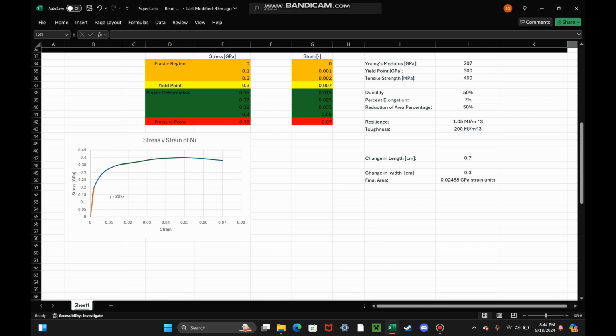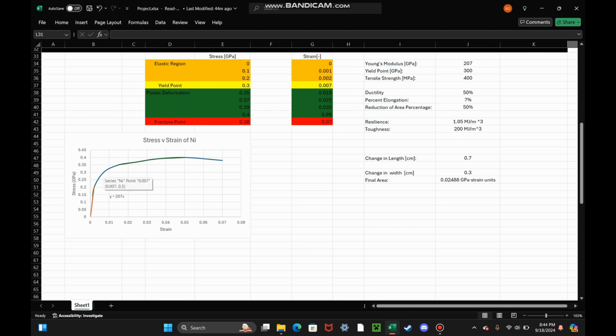Displayed on screen is the relationship between stress and strain of pure nickel. Stress is measured in gigapascals, and strain has no units. In order to find the Young's modulus, we need to find the slope of the graph, which is displayed as 207 gigapascals. In order to find the yield point, we find where the graph begins to curve, which is around